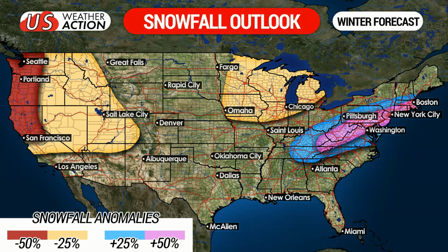So, we do have our area of 50% above average. Now, that is more substantial than you would think. So, if you typically average 50 inches of snow for your winter, now we're looking at 75 inches. That's pretty above average. So that is our area from southern New England, heading down into southern PA, portions of West Virginia, most of West Virginia really, and also the western part of Virginia and extreme eastern Kentucky and Tennessee,